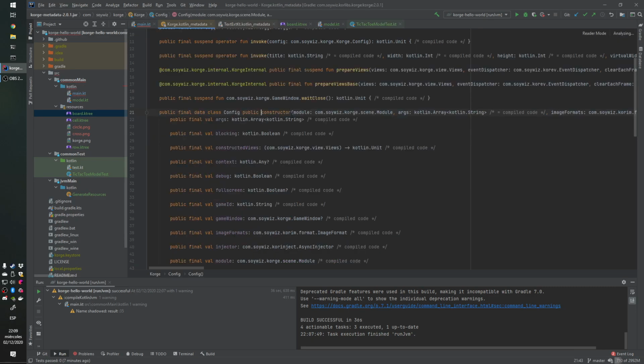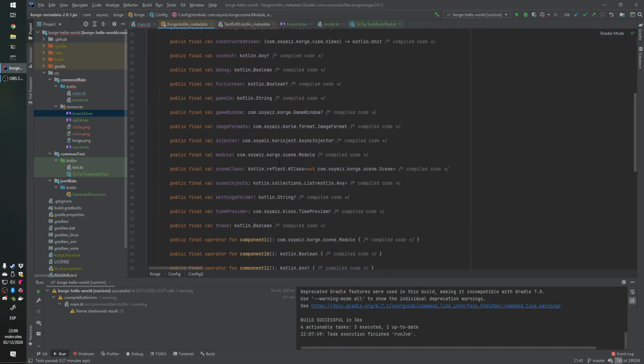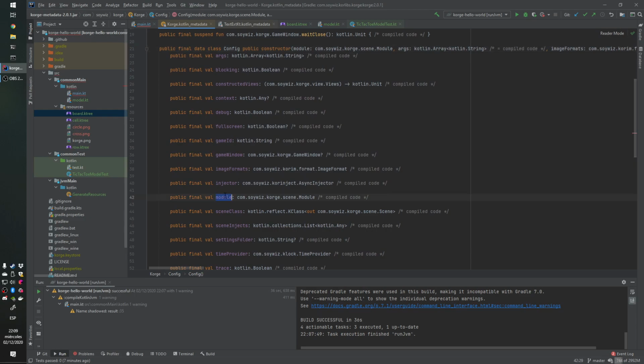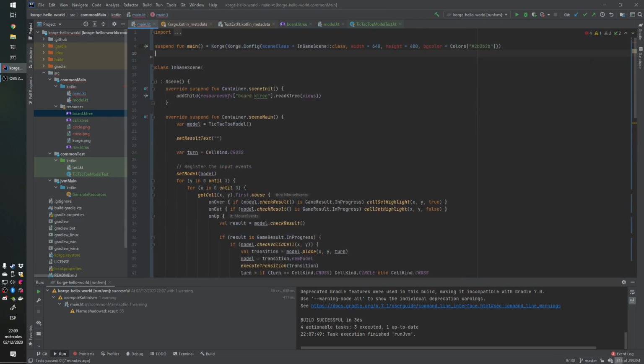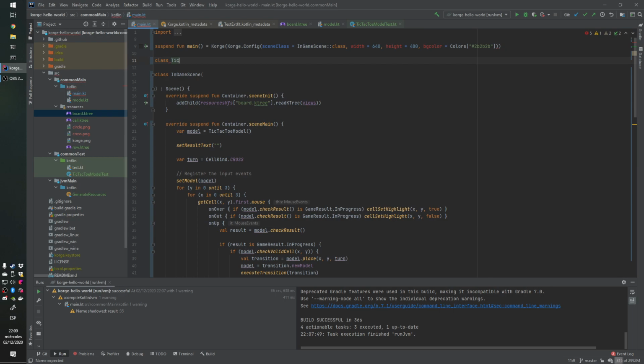We have to provide the module here. So Tic-Tac-Toe module,